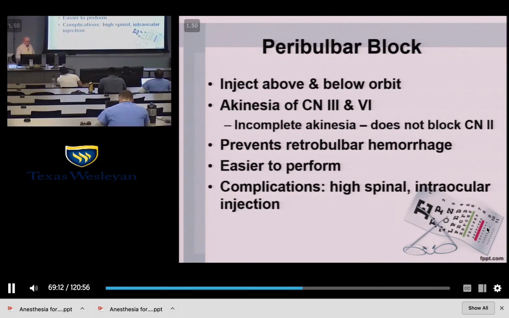It does not block cranial nerve 2, on the other hand. While it prevents a retrobulbar hemorrhage, it is slower acting than a retrobulbar block. So this block needs to be done at least 20 minutes preoperatively, before incision. This is said to be less painful and easier to perform. The risk associated with it are high spinal